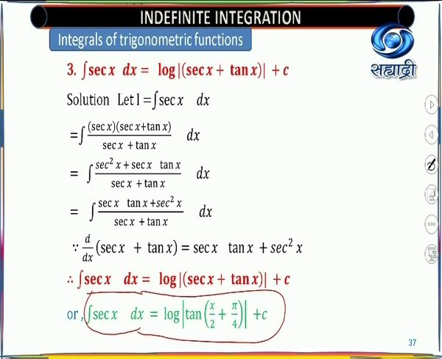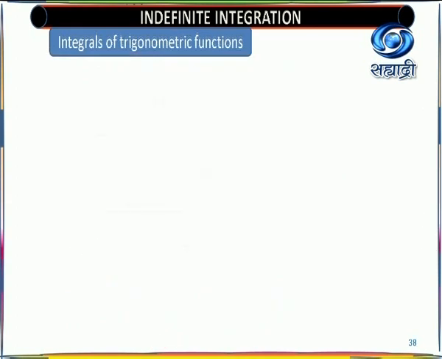If you use the tan(a + b) form, you will get tan of 45 degrees, (1 + tan x/2) upon (1 - tan x/2), and you are able to write that in terms of sec. So that way you will get your value. From here itself you differentiate this, you will get this value. So that is why we are giving this formula also. This formula is not useful now, but when you are learning definite integrals, there this formula is very important, and there you will get the value in simplified form.